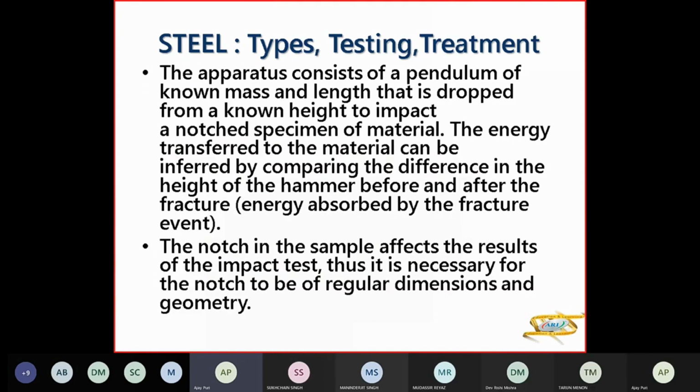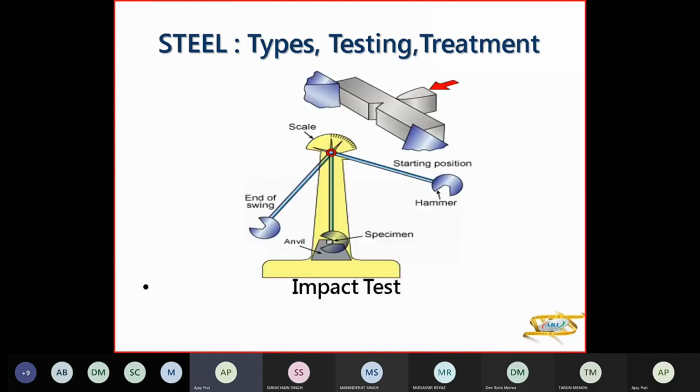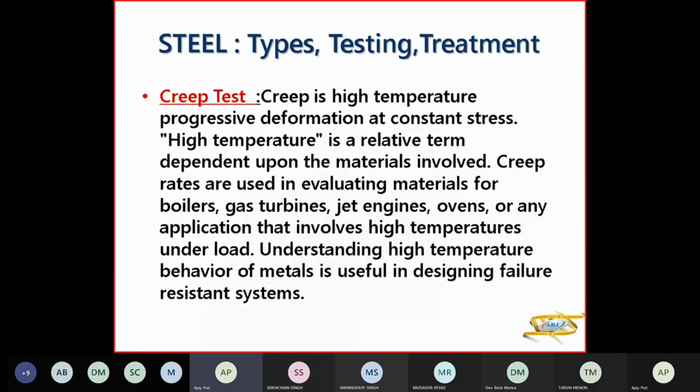So the pendulum of known mass and length is dropped from a known height, and the energy is transferred to the material, comparing the difference in height before hitting and after hitting, how much height it will go. So that is the energy which is transferred to the test piece, and that will create the crack. So the notch is to be of regular dimensions and geometry. The last,